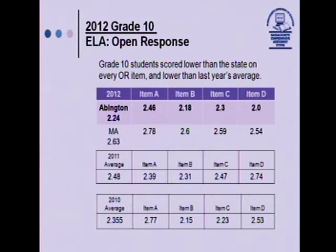You see 2010 was 2.3, then 2.48. We increased, but now we're at 2.24. And you see that these numbers are closer to 2 than 3, which means they are only presenting part of the evidence that's available to show that they understood their reading. So they scored lower than the state on every open response item and lower than last year's average, a trend